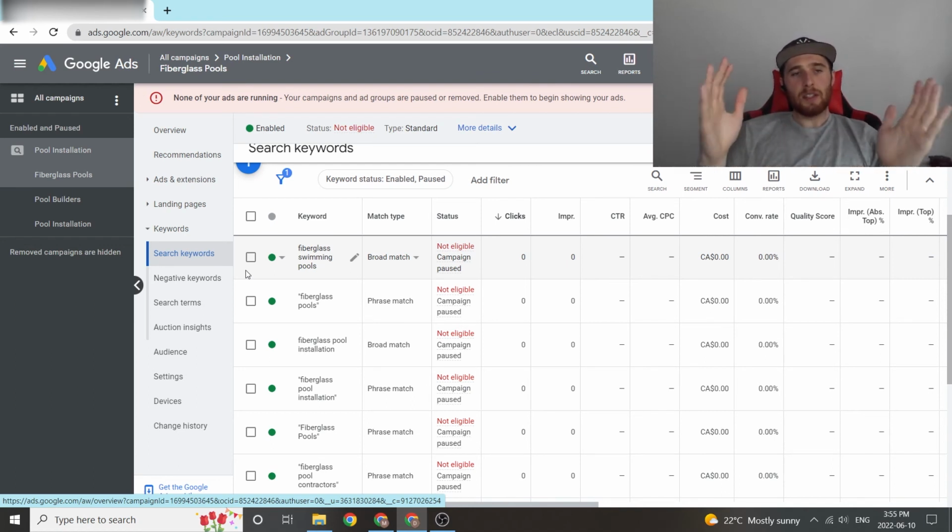That being said, this is what I would generally recommend now. If you're still using SKAGs, switch over to single topic ad groups. It's going to save you a whole bunch of time. You're not going to have to write out hundreds upon hundreds of ad groups. You'll still have a decent amount of ad groups, but not nearly as many as the single keyword ad group strategy. It's no longer as effective with Google's new AI and exact match no longer being what it once was.